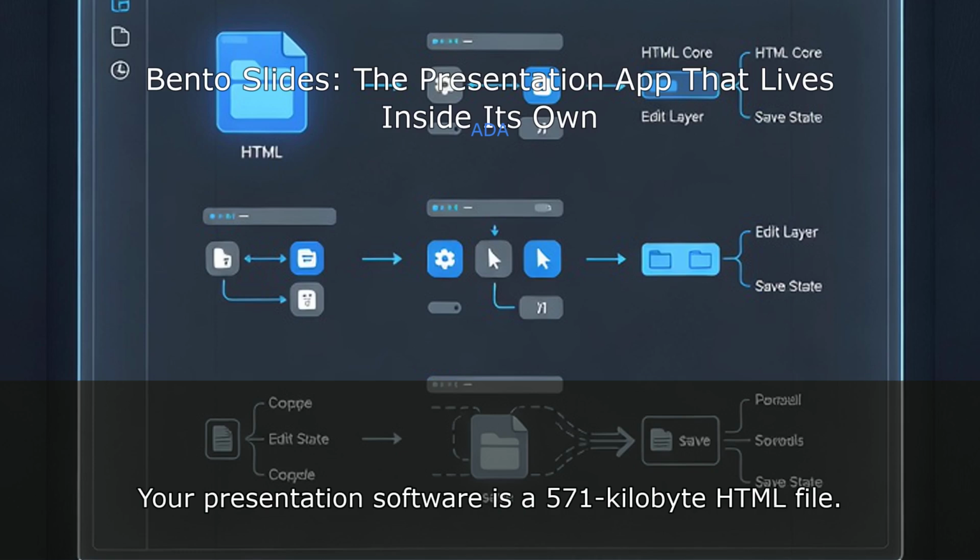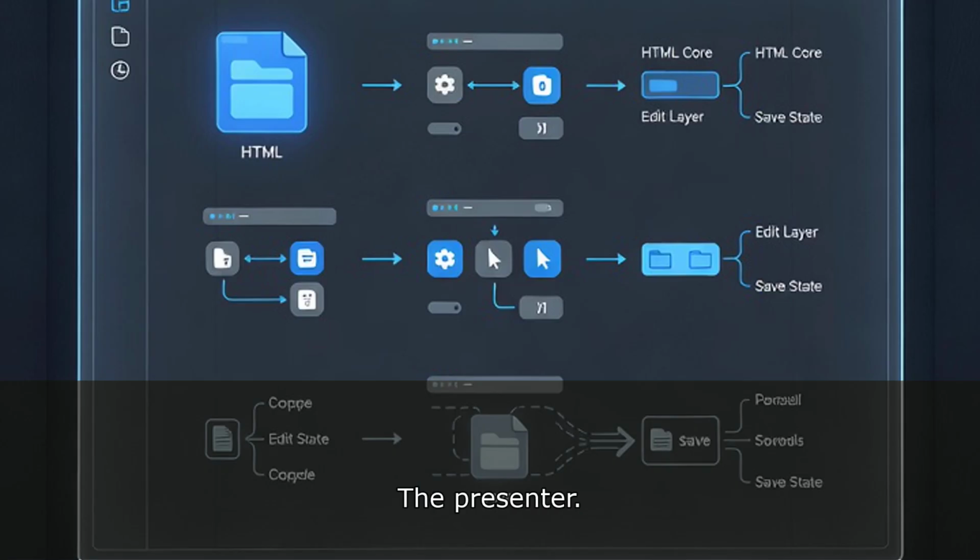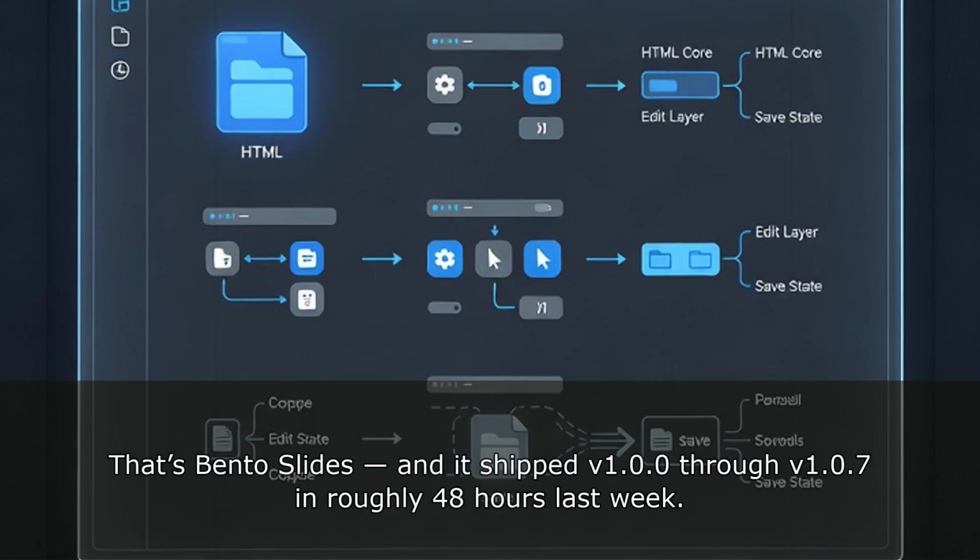Your presentation software is a 571 kilobyte HTML file. It contains the editor, the viewer, the presenter, and your actual slides. No install, no cloud account, no vendor. Just a file you open in a browser. That's Bento Slides. And it shipped